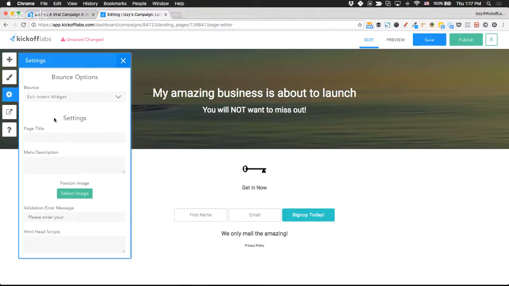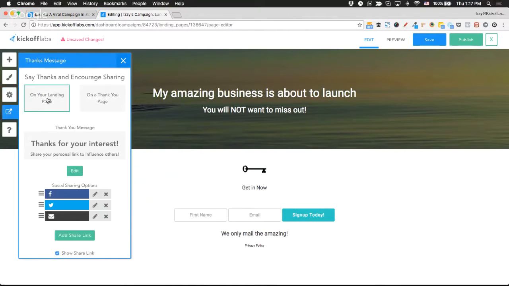You'll see some additional settings here. Like I have the option to connect the bounce, which has been automatically connected for me, but just in case I added a different one, I want to switch it out, I can easily do so here. The thanks tab. Now this is the one that's actually going to change a little bit in the coming weeks, but that's okay.